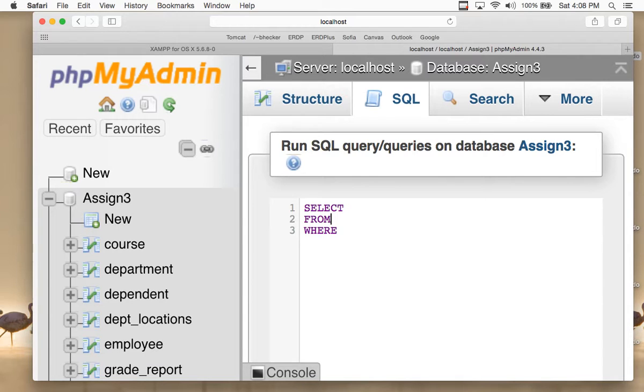Where's it going to come from? Probably it's going to come from employee. Yeah, okay, employee. Sold. And F name, comma, L name. What am I going to do here? Retrieve the names of all employees who worked on every project. Every project. So we're going to select the first name, the last name from employee, where